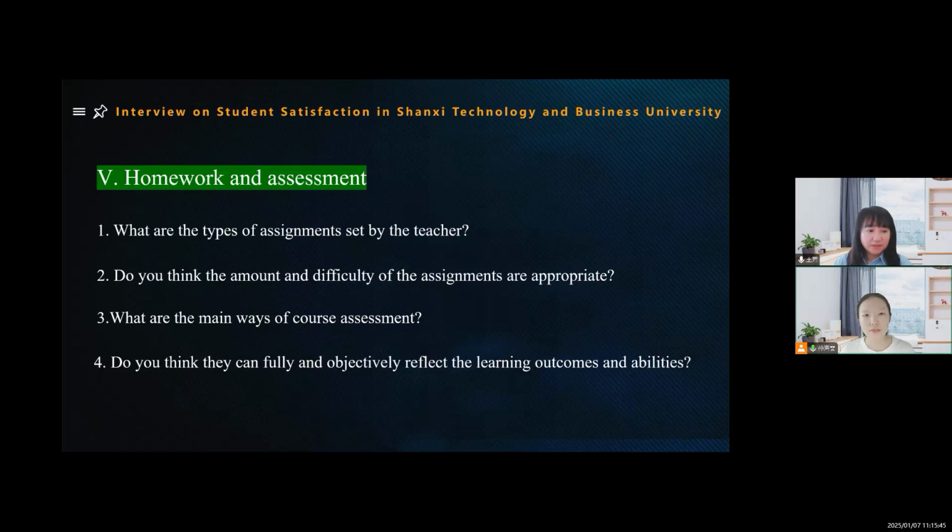Okay. You just mentioned that management assignments encounter difficulties. Can you elaborate on what the difficulties are? Sure. The difficulty of business management related assignments is mainly reflected in the application of theories and data analysis and processing. In terms of theoretical application, many assignments require us to use the business management theories we have learned to analyze actual business cases or solve problems faced by enterprises.